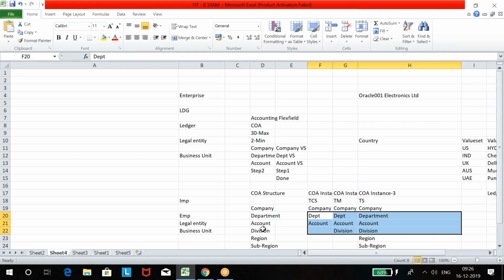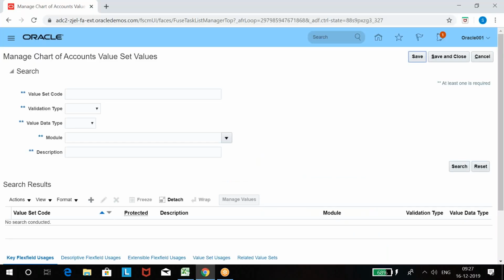Segments are a structure. Let's say you have created a building, but there is no item on the building floors. Then there's no use of the building, isn't it? If you want to use it, you have to place the items you want to use. So here, if I want to use my chart of account, then values must be there to create journal entries, because we use values to create journals. Okay, so find your value set name.